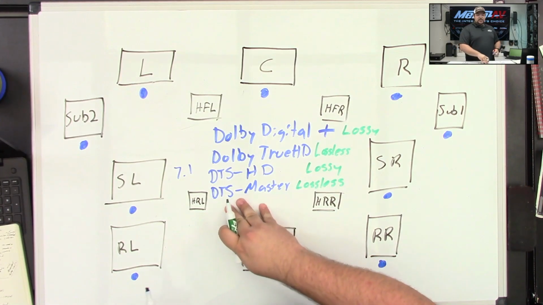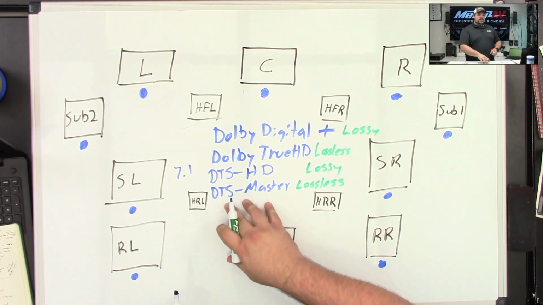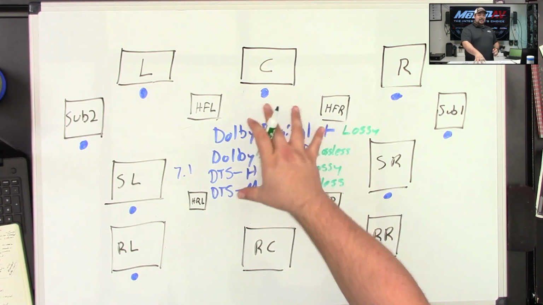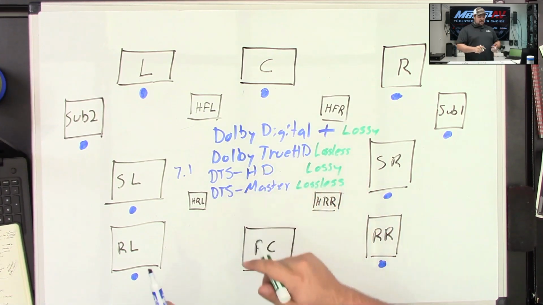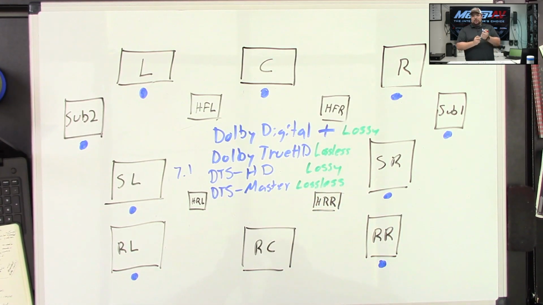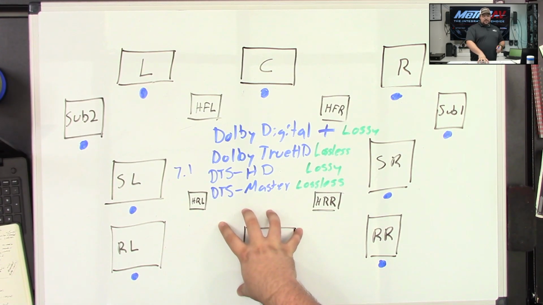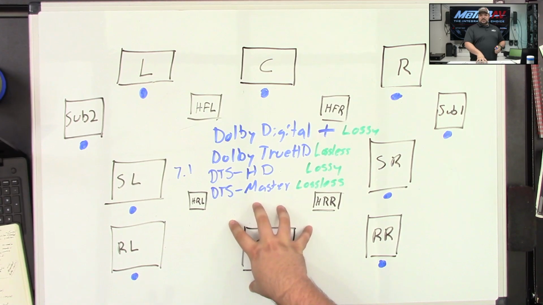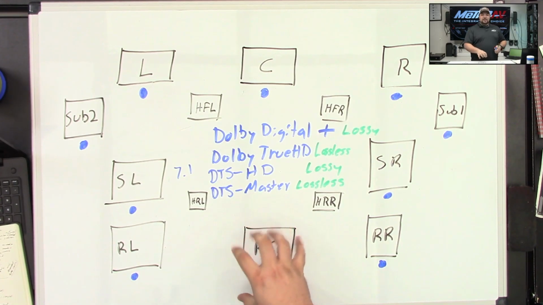I don't know if there's any major difference in bit rate between DTS and Dolby Digital at this stage, because in most cases they're probably using the same amount of storage for everything. But if you know better on that, please let me know down in the comments below. I'm really curious to see if there's anything actually that's different on it. So that's 7.1.